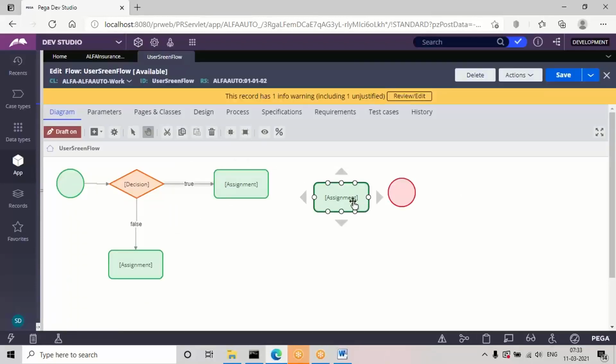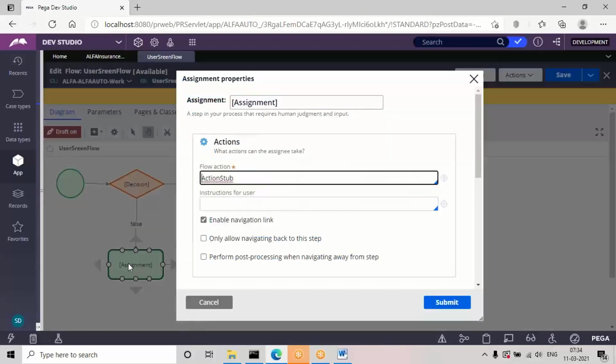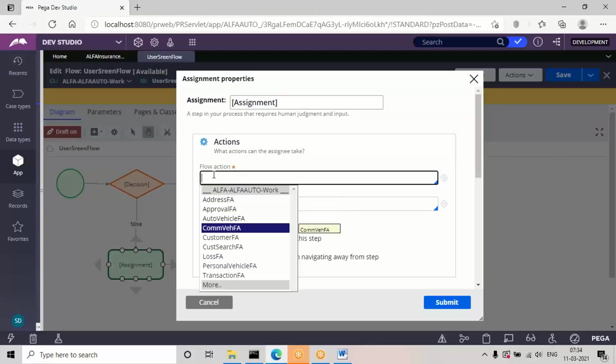Now here for the assignment we have to provide the connections. So from this give a connection to transaction. So transaction to vehicle. See here, flow action names and all, to provide the flow action details, directly under assignment settings only we have to provide. Open each assignment. Here I'm giving this customer assignment, customer flow action.